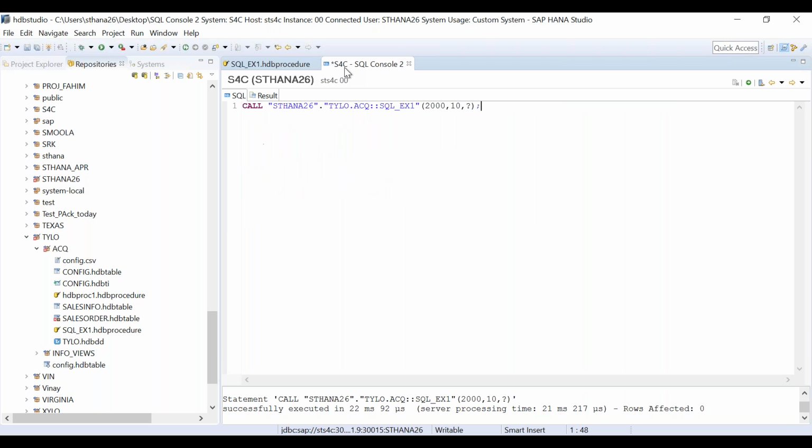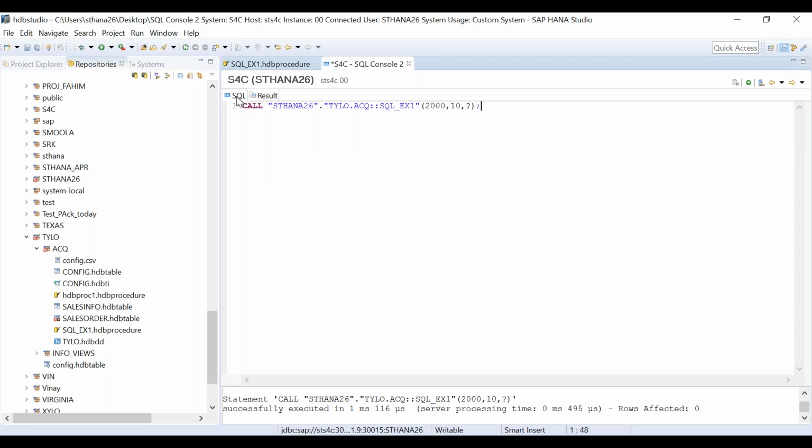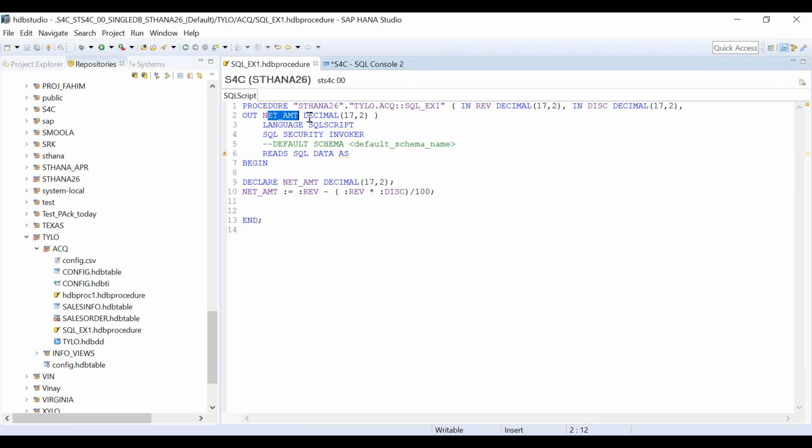It should come. Why is it not coming? This is my output parameter, net amount, revenue minus revenue. Why is it not coming? Not sure.